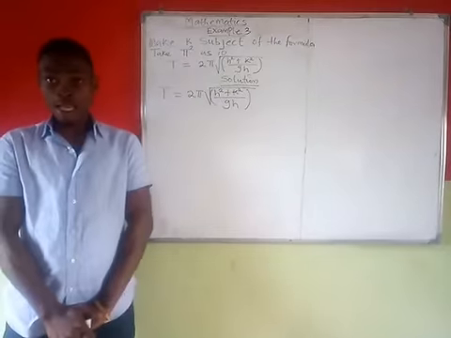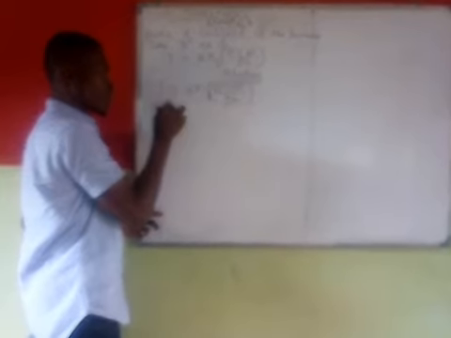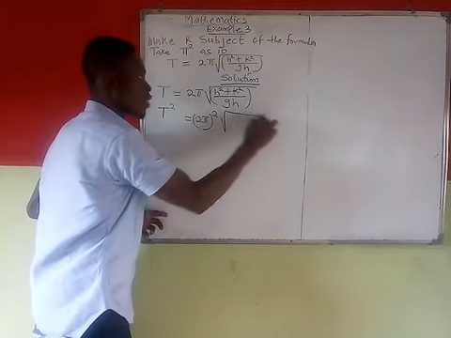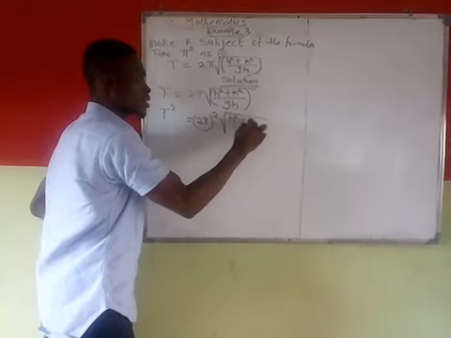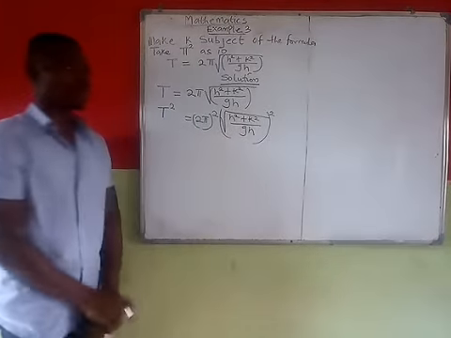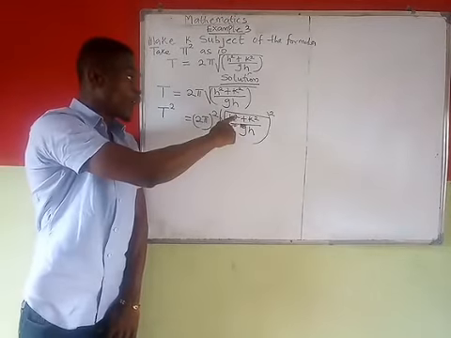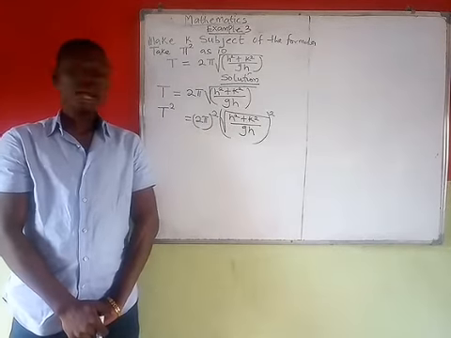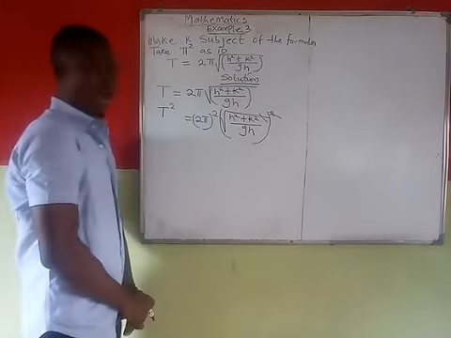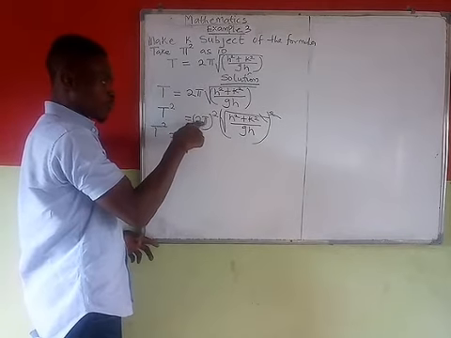So introducing a square to both sides, the equation now becomes T squared is 2 pi square root of h squared plus k squared over gh, all squared. Now with this, remember I told you in our previous video that when you have a square root and a square, the square cancels the square root. Now that's it, we cancel this and we are left with T squared is, now this is 2 pi all